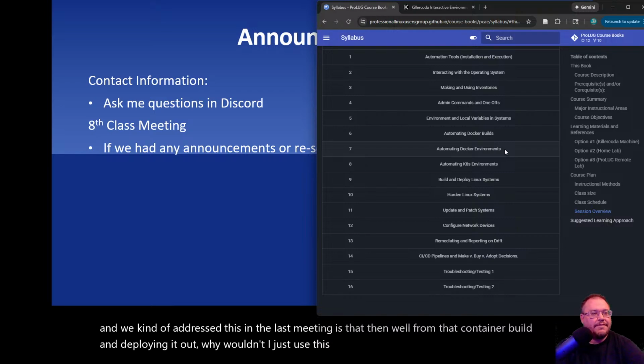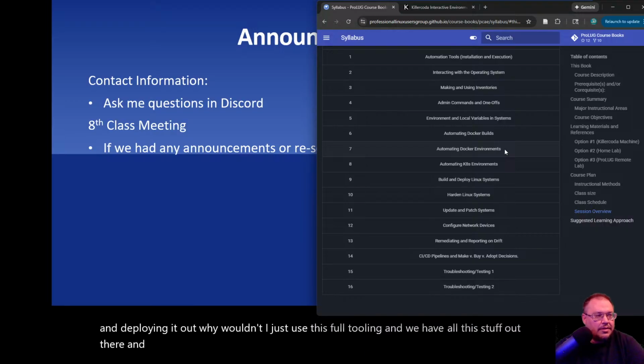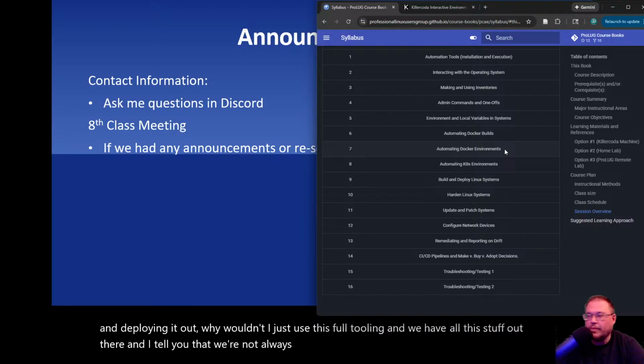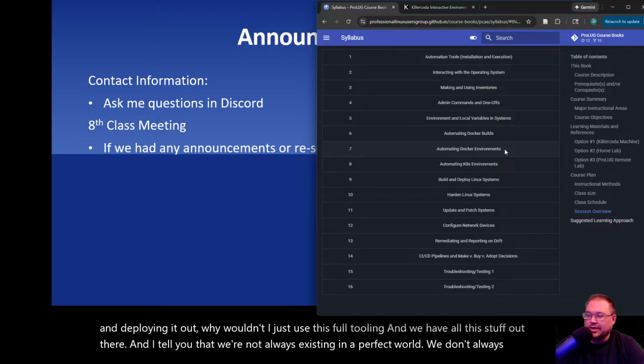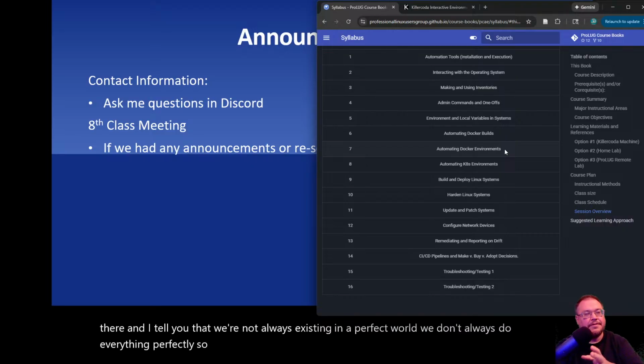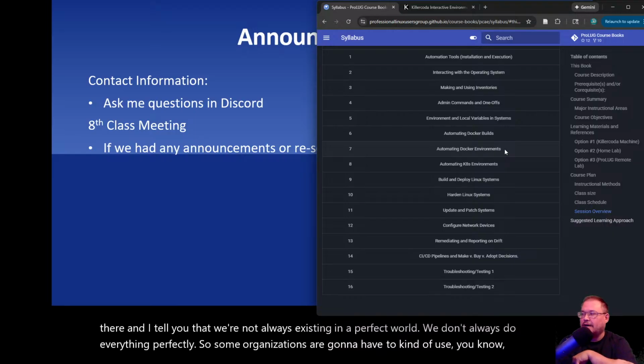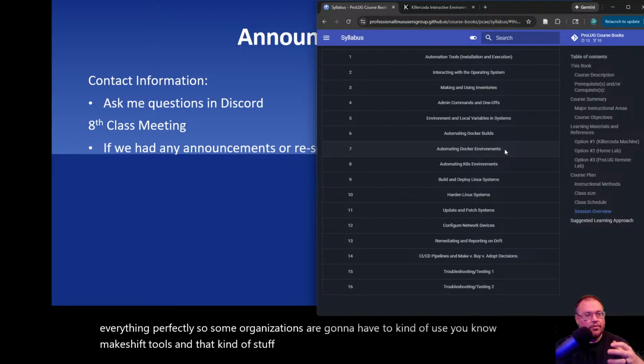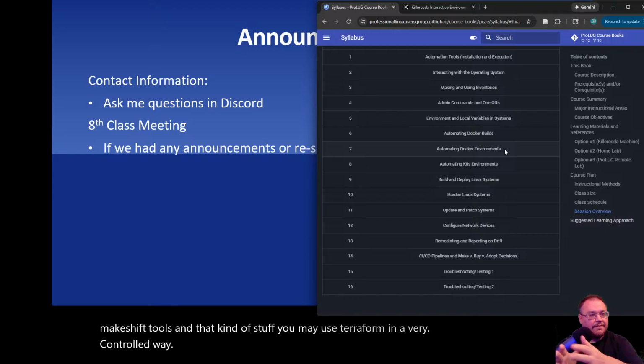And we have all this stuff out there. And I tell you that we're not always existing in a perfect world. We don't always do everything perfectly. So some organizations are going to have to use makeshift tools and that kind of stuff. You may use Terraform in a very controlled way to deploy environments that are not fully Kubernetes,